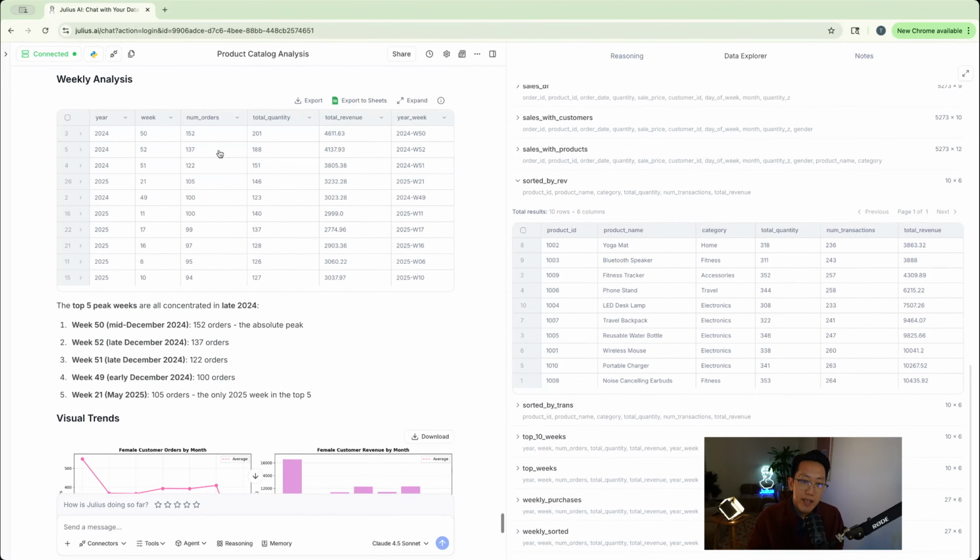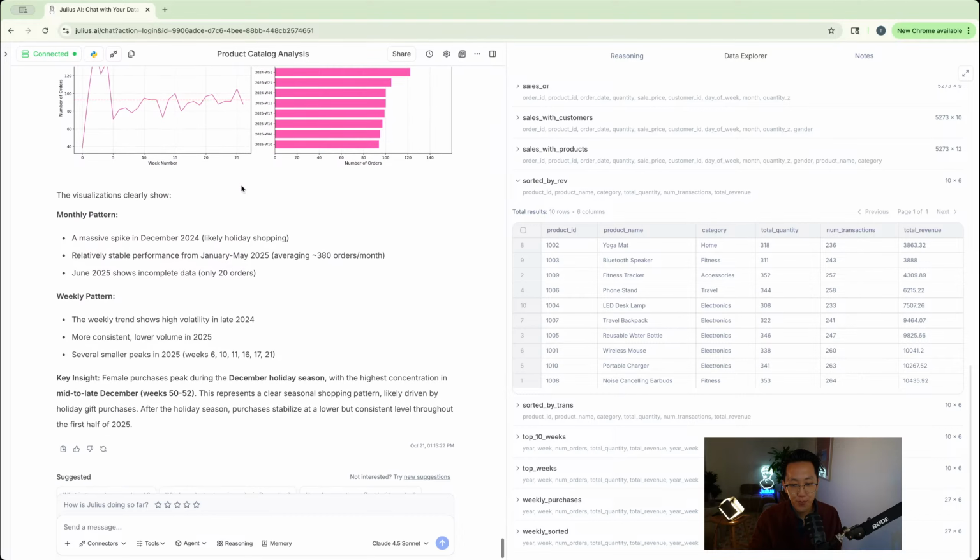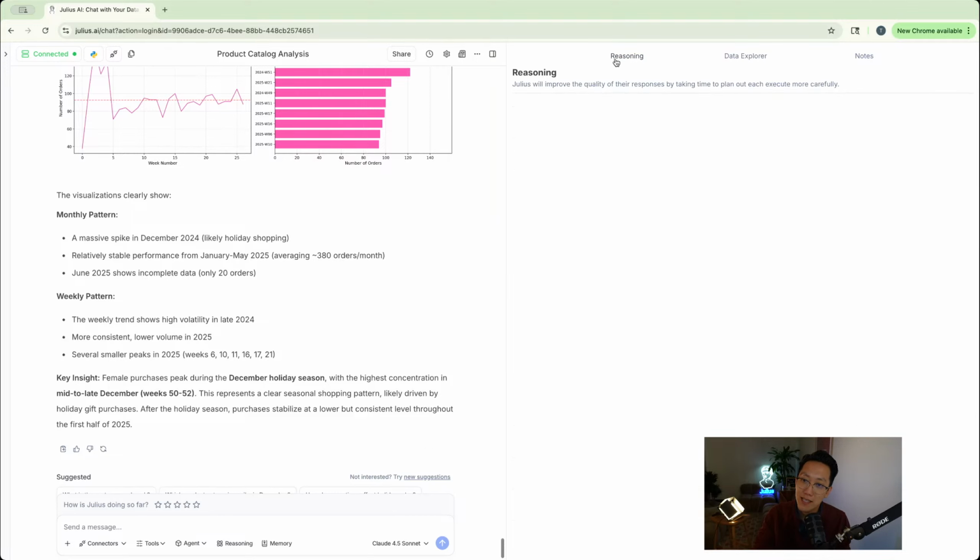All right, I'll scroll down, and then here we can see how Julius followed up with that suggested prompt before. A couple other really cool features that we have over here is the reasoning tab, which I'll click on this side. If you click on the reasoning button down here in the chat menu, this will allow Julius to think through a very complex prompt. So if you have a really tough thing, so maybe I'll say, for example, what's the most complex